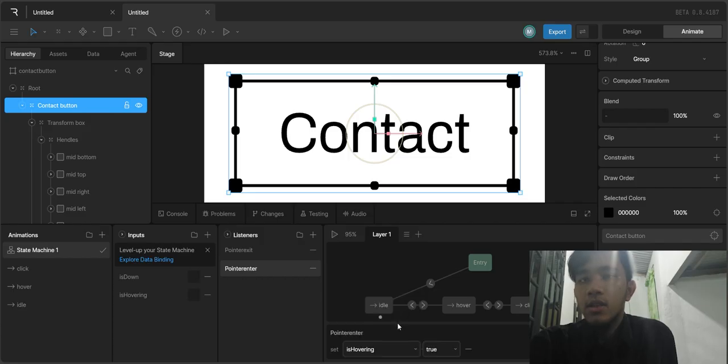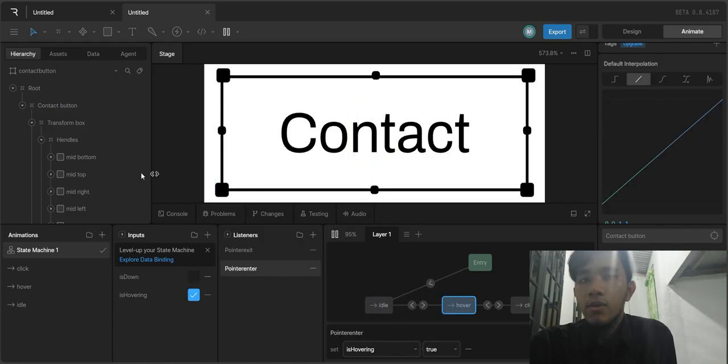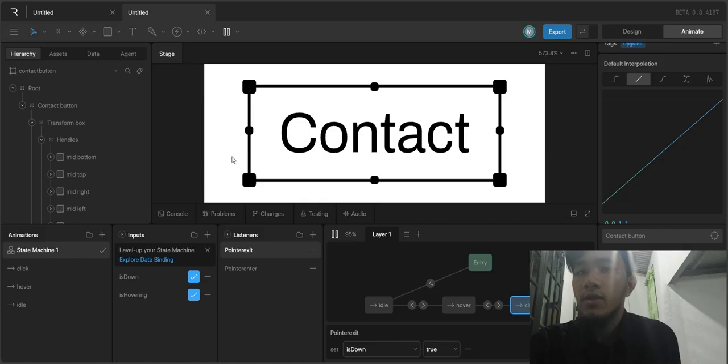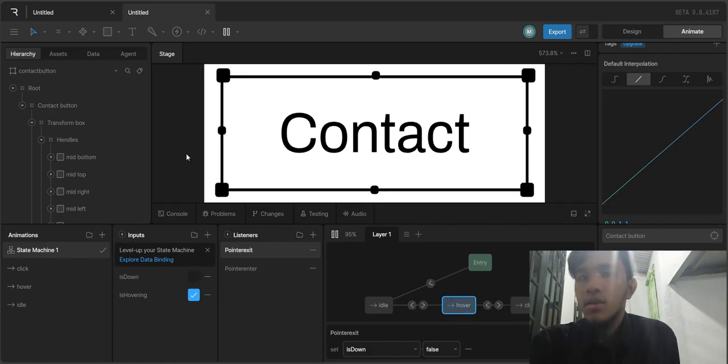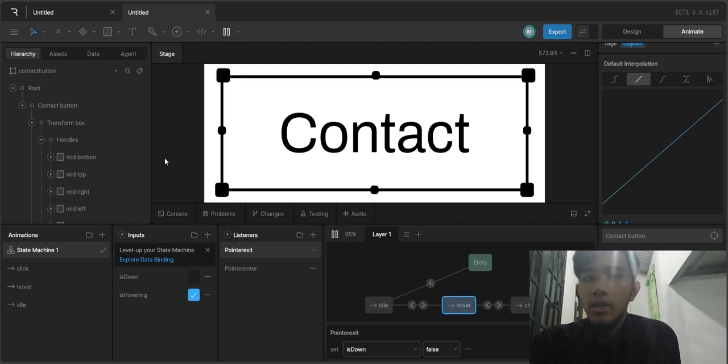Variable font weight. Now we set the variable font weight. Go back to the states and select the text. Set a keyframe on the font weight, and below, idle becomes 600, hover becomes 800, click becomes 400.